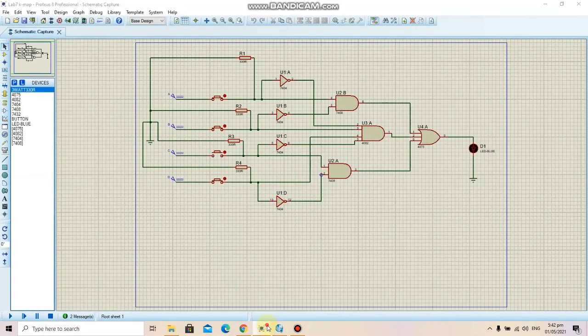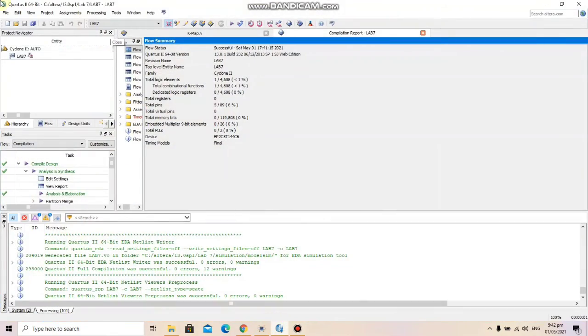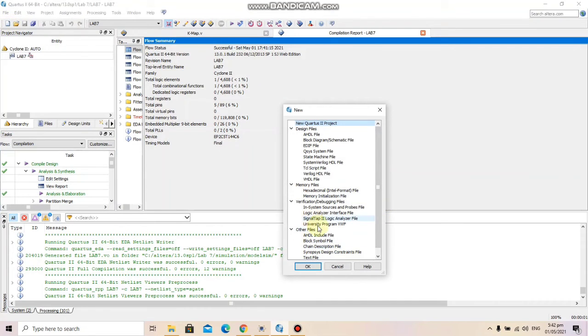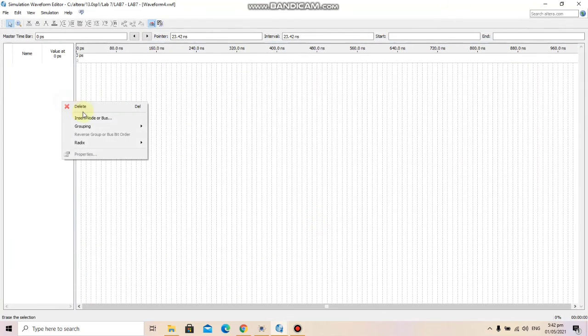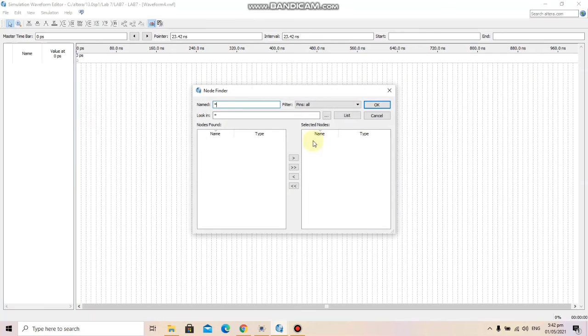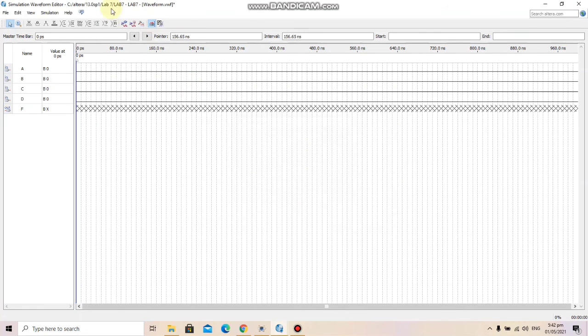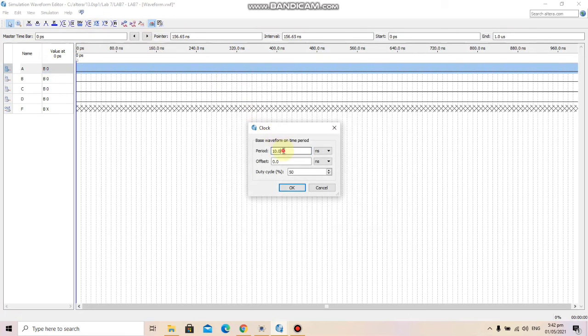So now let's look at the outputs in the waveform. So inserting node, let's change their time periods again.